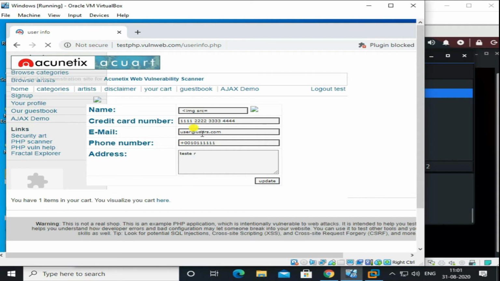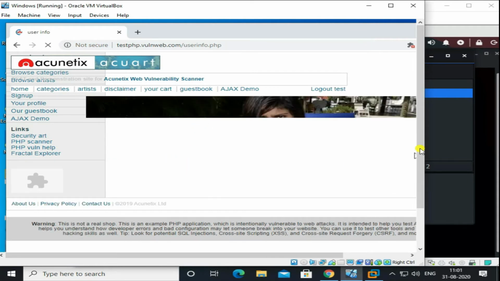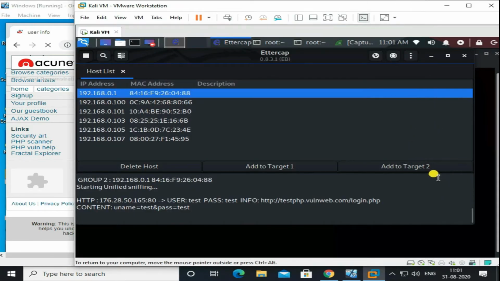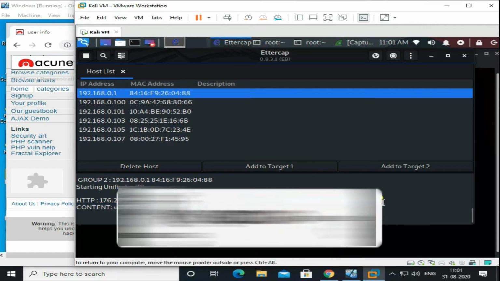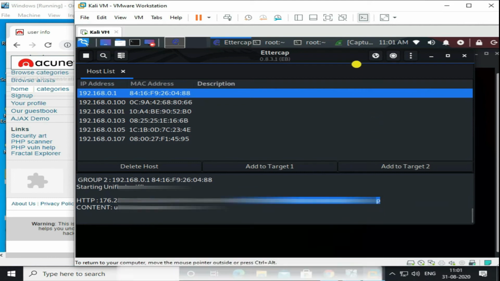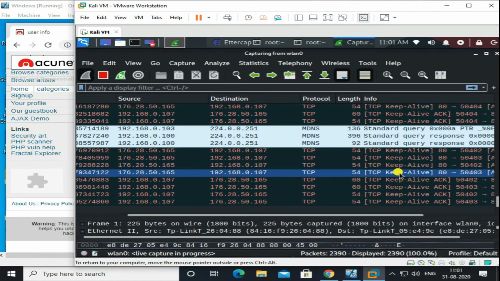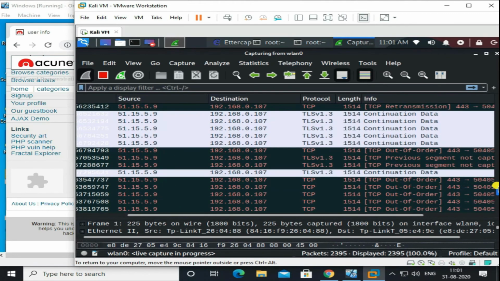So we successfully logged in, but if we go to our Linux machine, we can see the username and password is captured by this tool, and also the link of the website where we have used these credentials. And if you go to Wireshark, then you'll be able to see some other advanced information which may be helpful for you. So this is how a hacker can steal username and password from a Wi-Fi network if the victim is connected with the same Wi-Fi.